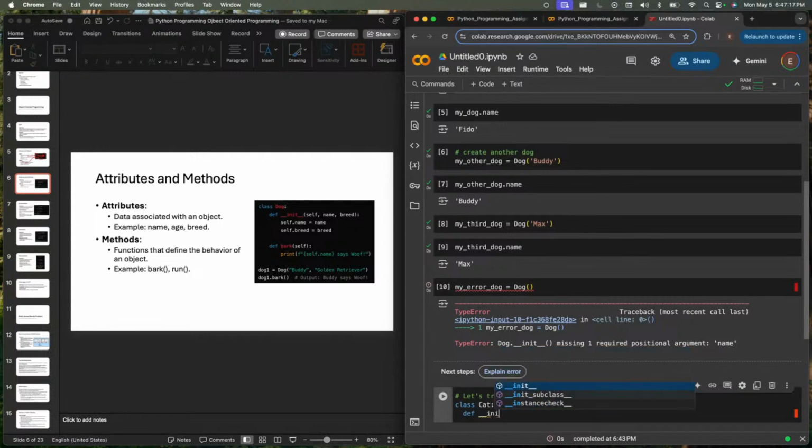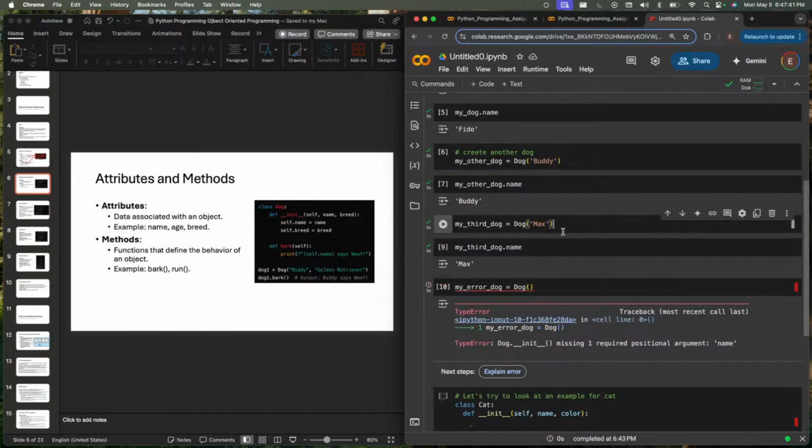Initialization is the function that's called when you initialize your instance. So this here is called initialization, when you call your class, your object class,